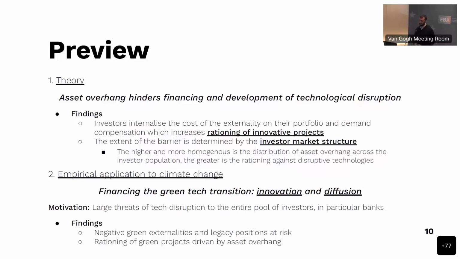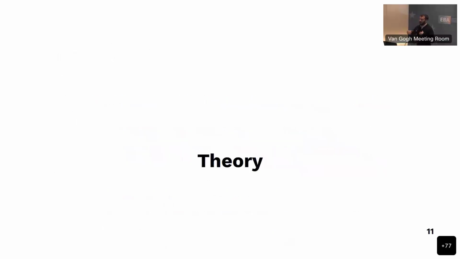All right, so we can move on to the next slide. So let me unpack this a little bit, and I'll try to be as clear as possible on the theory side. You can move on to the next slide, but I think it's quite straightforward because our model is shamefully simple.